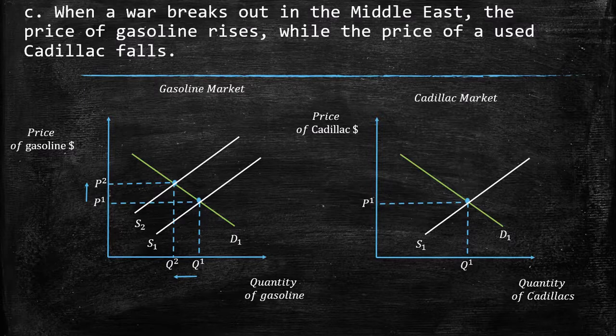So when the complement good goes up, it means it is more expensive for users of Cadillac, or at least potential users of Cadillac. So the demand is going to go down. So this is going to be the demand, D2. So we're going to see a decrease in the price, as the problem says, and